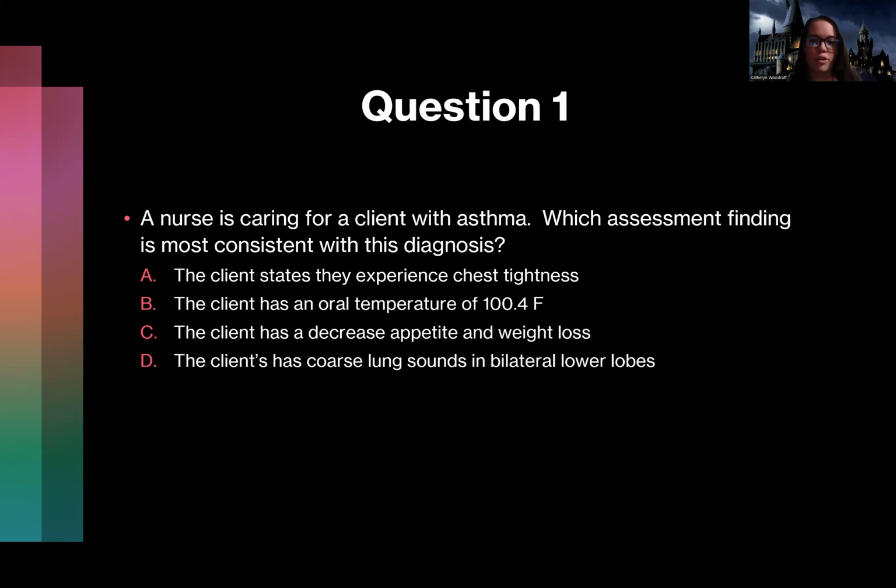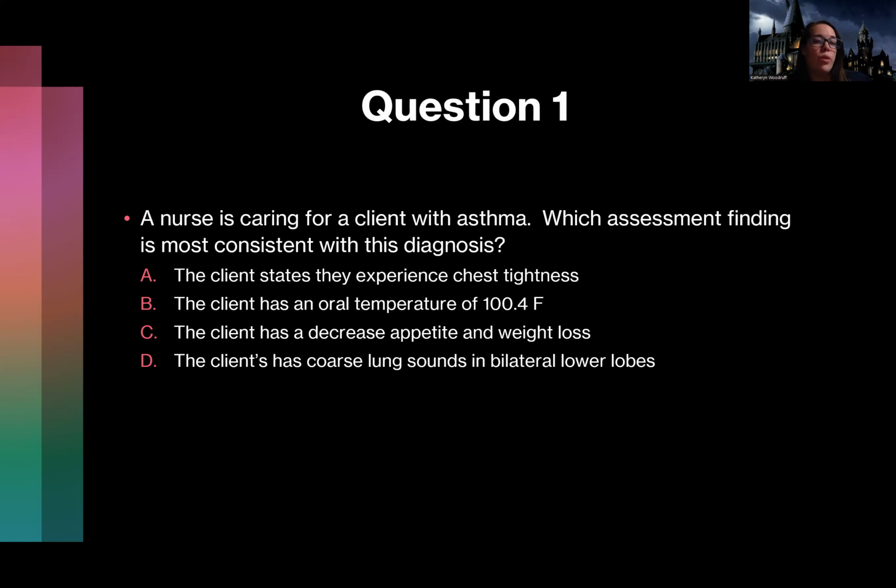Oral temperature of 100.4. That is a fever per most people's standards. But I'm not really thinking asthma and fever is that kind of process. Decreased appetite and weight loss. That sounds like COPD. Asthma is not usually something where they have changes to their appetite or weight loss issues. So this is another thing you always want to look